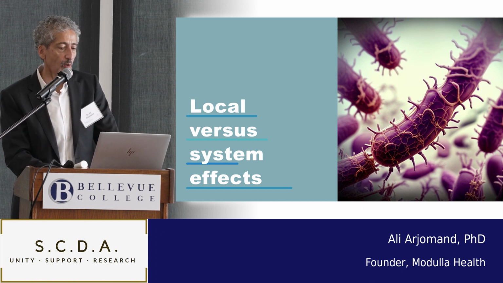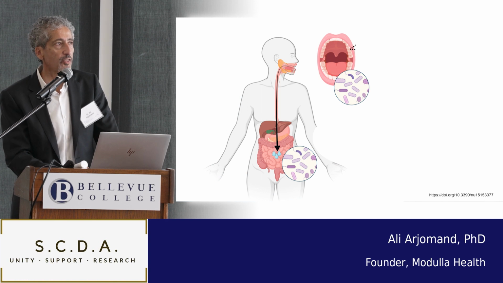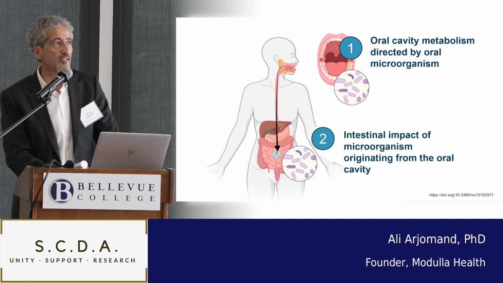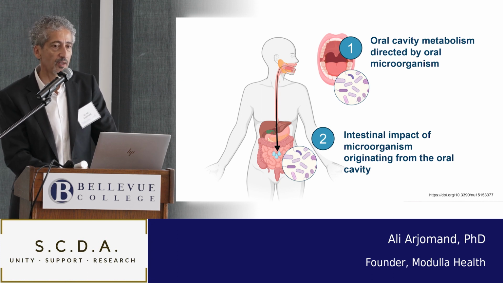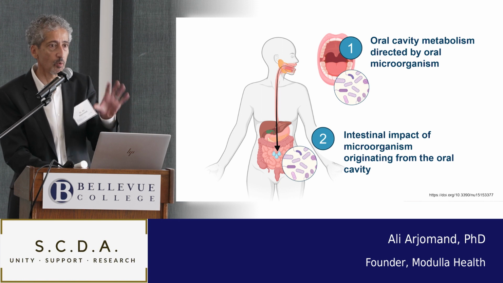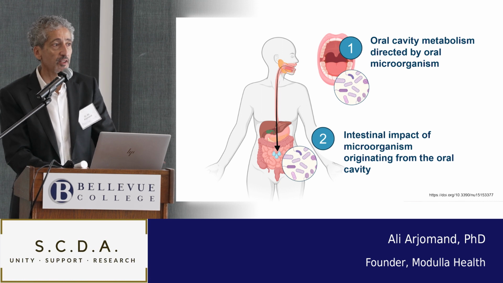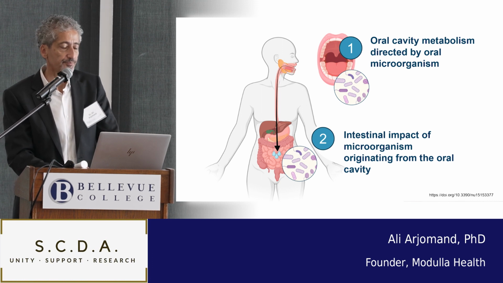So it's important to know that what happens in the mouth has both a local effect. All these shifts in the oral microbiome have a direct local influence at the mouth level, and I'll give you a lot of examples there. And then there's a secondary effect through the intestine, where microbes actually end up in the intestine and then cause trouble down there. So from now on, I'm going to explain two things: what's happening in the local mouth area, and then what's happening systemically via the gut axis.